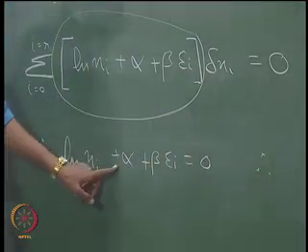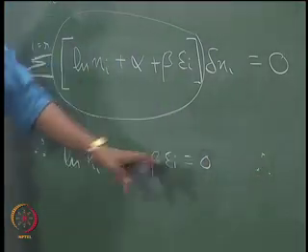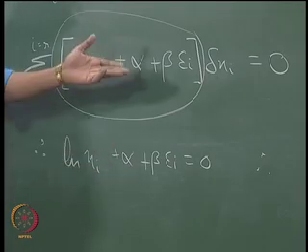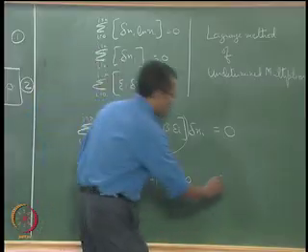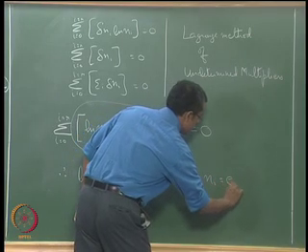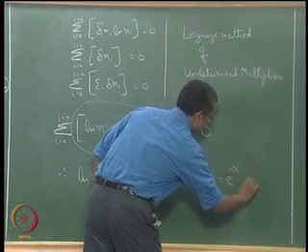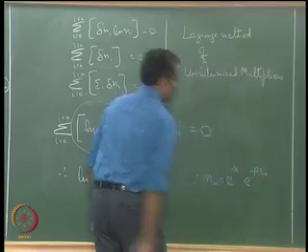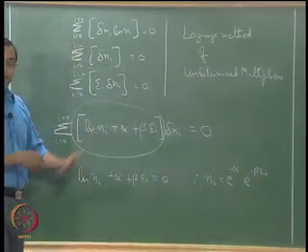If you simply move alpha to that side and beta epsilon to that side, they will both be negative, and we just convert this so that ni will be e to the power of all of these things. Therefore ni equals e to the power minus alpha times e to the power minus beta epsilon I. Fine. So we are now getting very close to what we want.